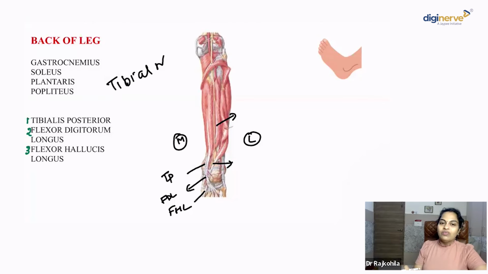Yes. Now let's move on to the muscles of the sole. And just before that, we saw that with injury to the deep peroneal nerve, the patient will not be able to dorsiflex and will present with foot drop, isn't it? Similarly, the tibial nerve supplies the muscles in the back of the leg that help in plantar flexion, right? So if there's an injury to the tibial nerve, the patient will not be able to plantar flex. The foot will be dorsiflexed and the patient will walk on the heel.